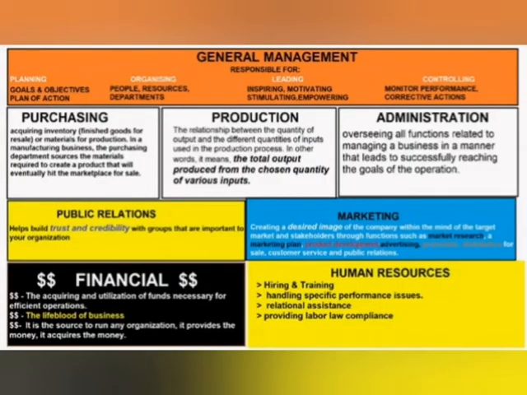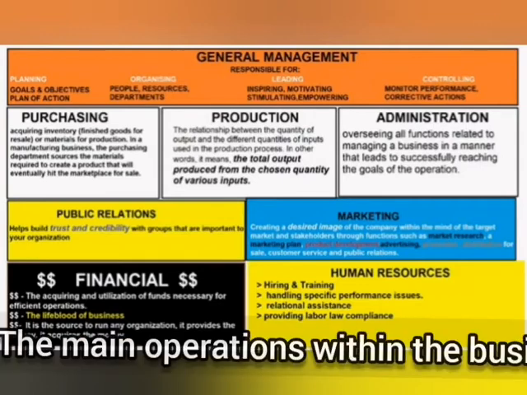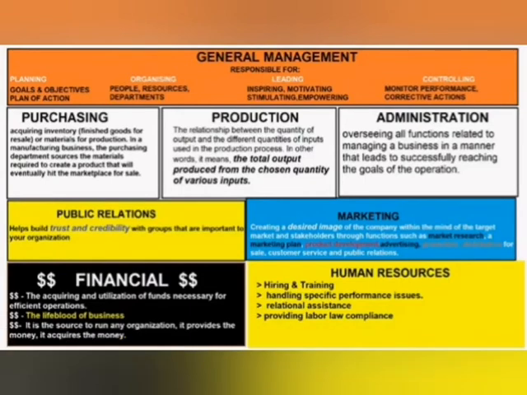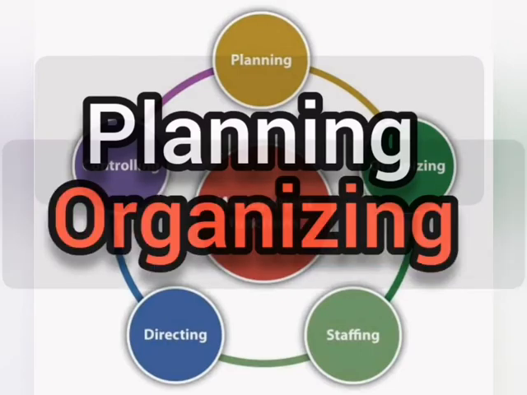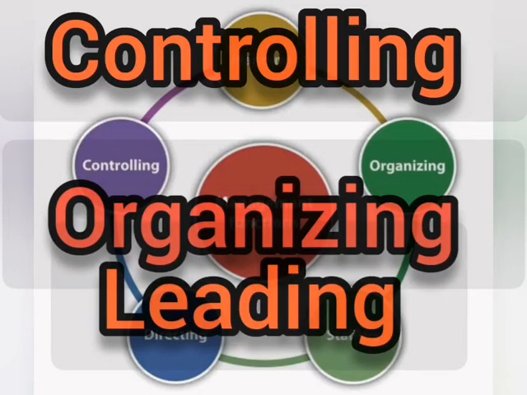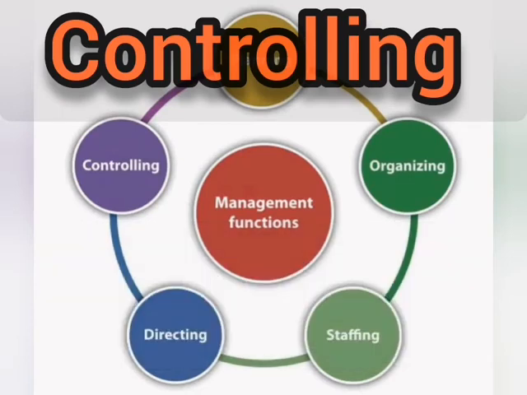Next, we look at the business functions, and many would argue that this is the most important part with regards to the micro environment. The business functions could be seen as the main operations within the castle, or within the business, that make the castle work, that make the business work. So right at the top, we have general management. With general management, you should think of planning, organizing, leading, and controlling. Those are general management's four main roles.